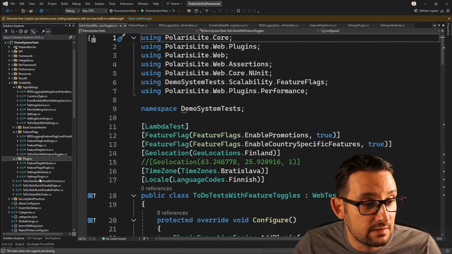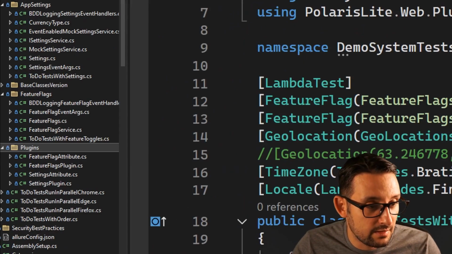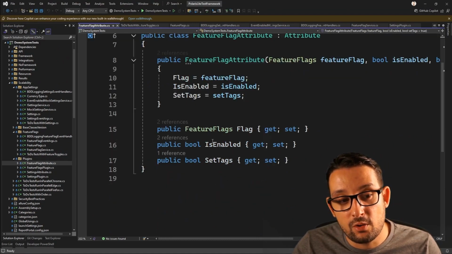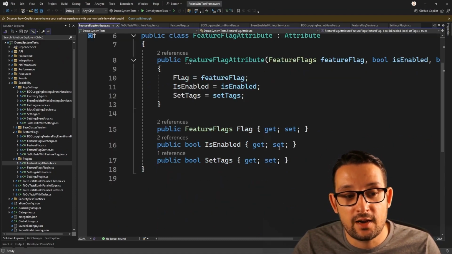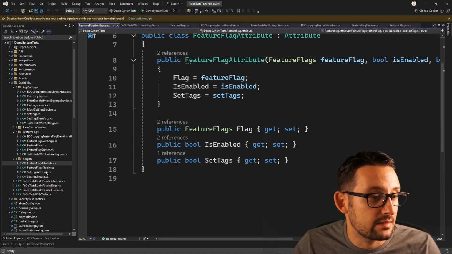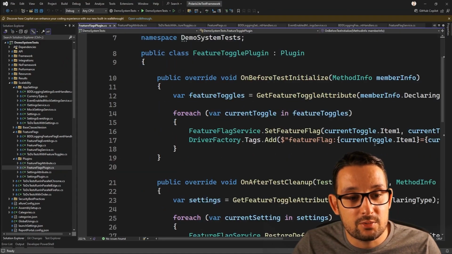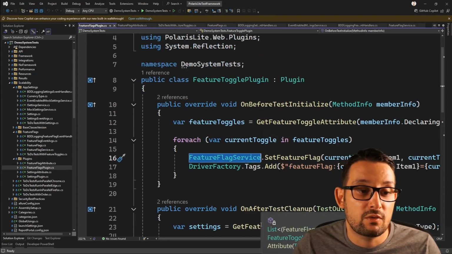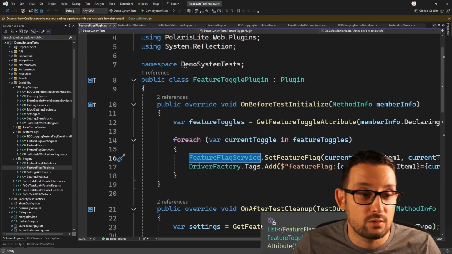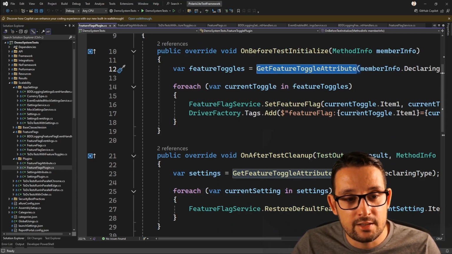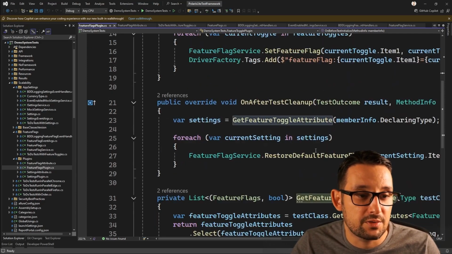And I have created a similar plugin. We have an attribute similar to the settings, but this time we hold a property to the feature flag, whether it's enabled and whether we need to set tags inside the LambdaTest. And inside the plugin, we are doing absolutely the same. We are just foreaching, but this time I made our feature flag service static. It's a utility class. We are getting the attributes and we are foreaching them and calling our service and